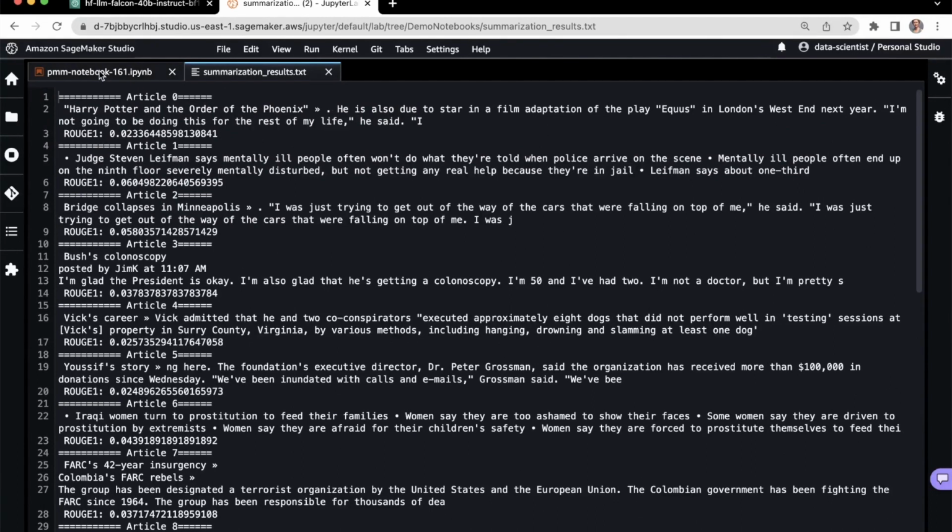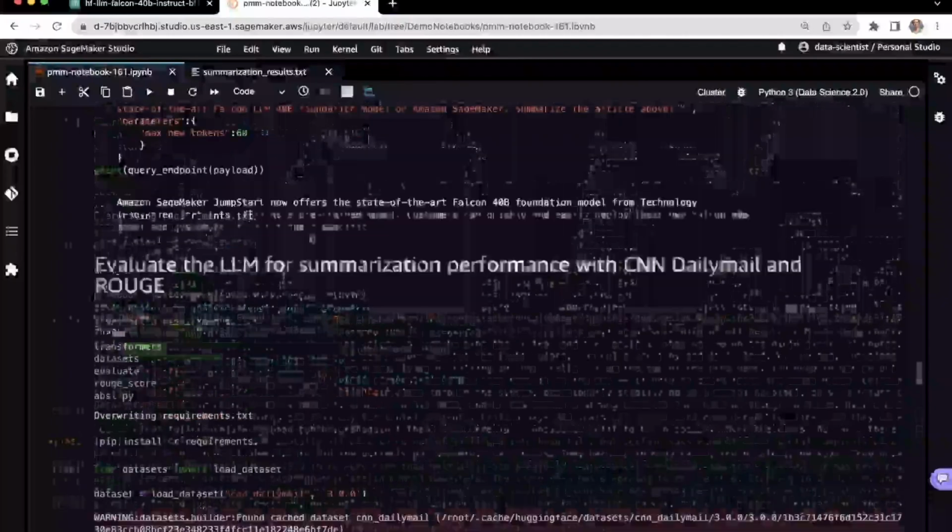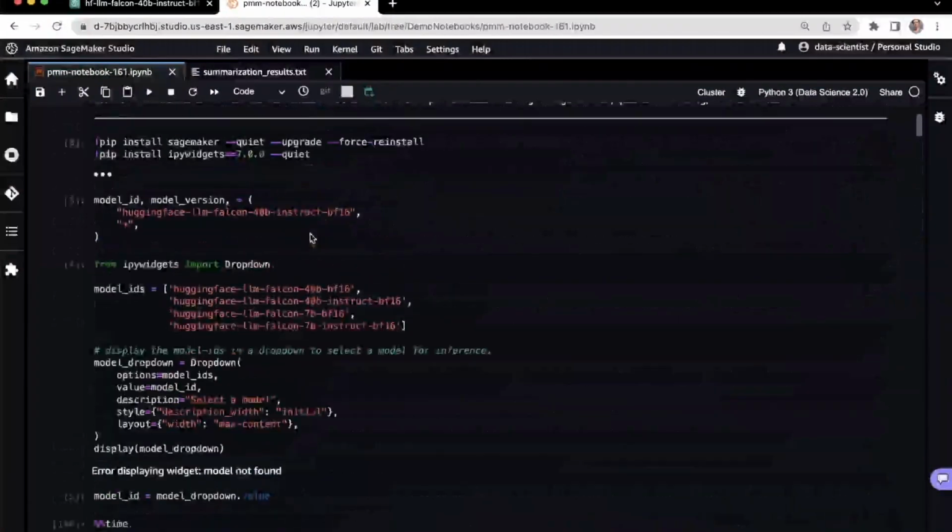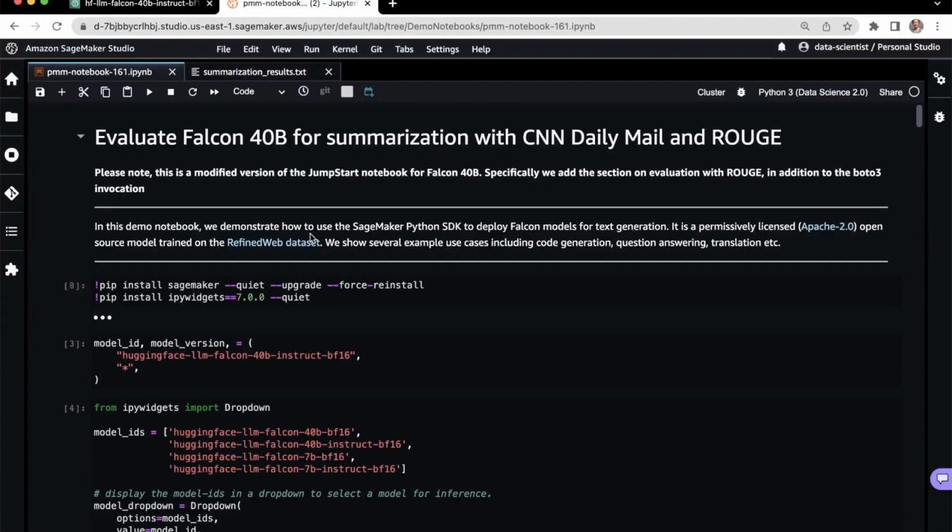And so in this notebook, again, we explored the Rouge metric in order to evaluate our foundation model and see how well it can perform summarization. So I hope you enjoyed it. In the next video, we're going to learn more about interacting with pre-trained foundation models. So that will include prompt engineering and then fine-tuning in particular. So I will see you there.